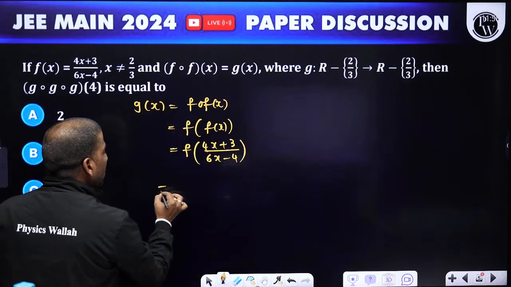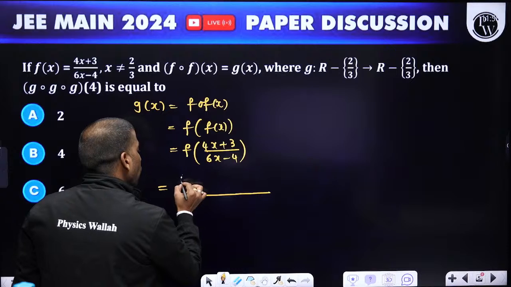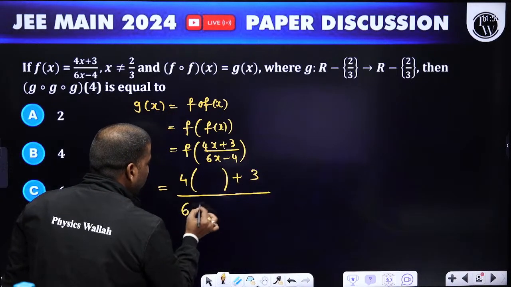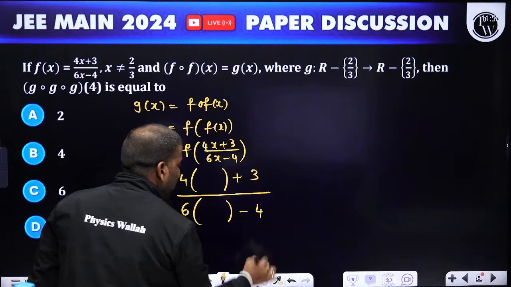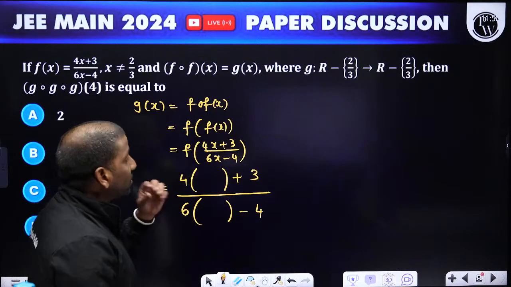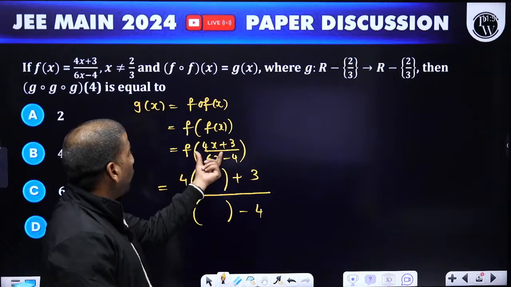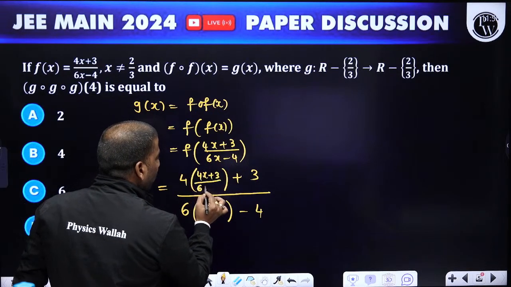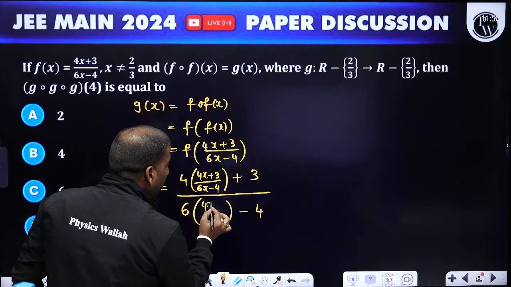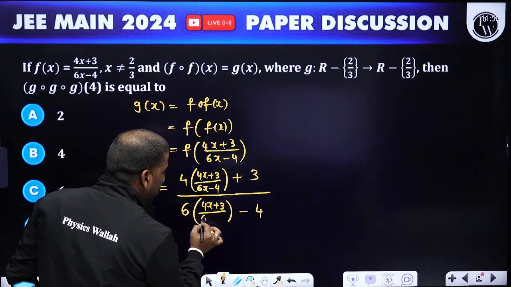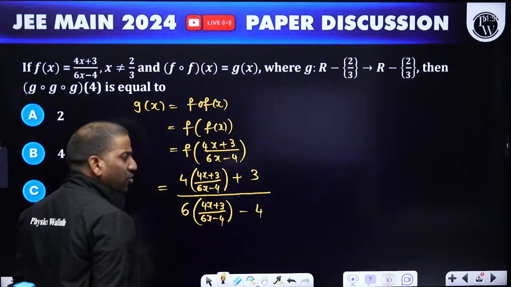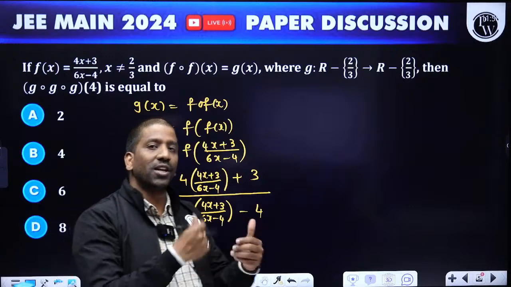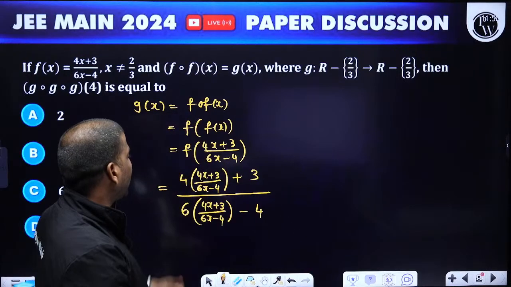The easiest way without any confusion is, wherever x is there, we keep one bracket and don't write anything in this step. But what is there in place of x? 4x plus 3. Now you can just replace. That's the simplest way without any confusion, even if we have complex expressions inside f. Just keep one bracket wherever x is present, and after that replace that bracket by the given expression.